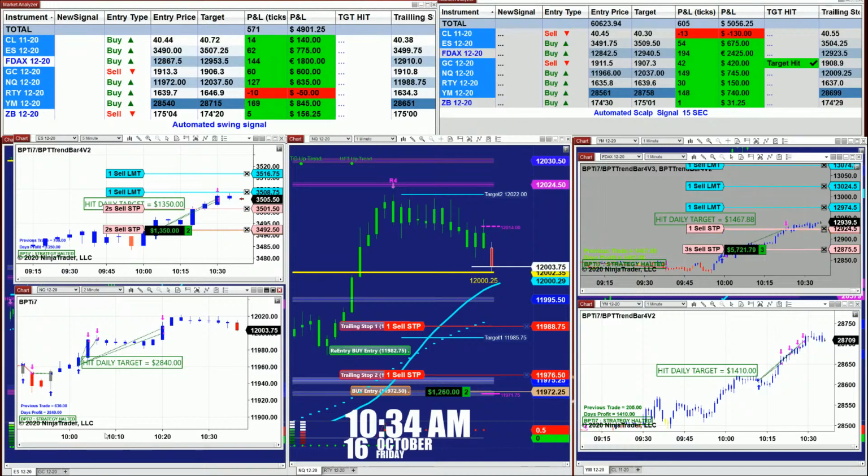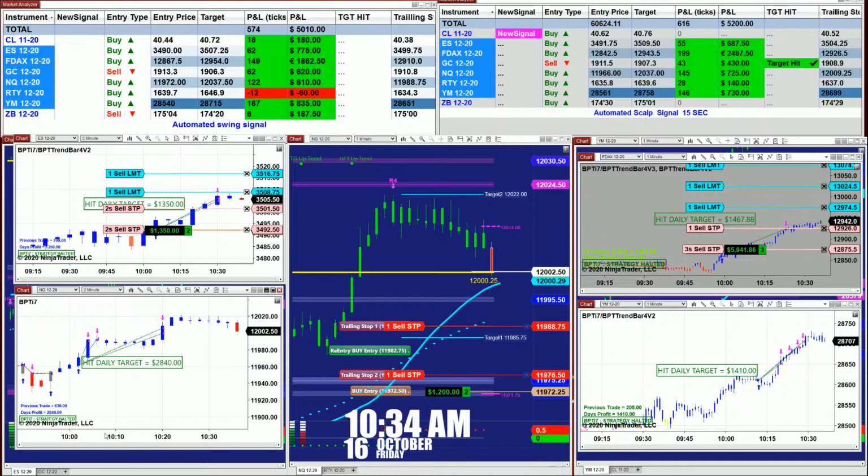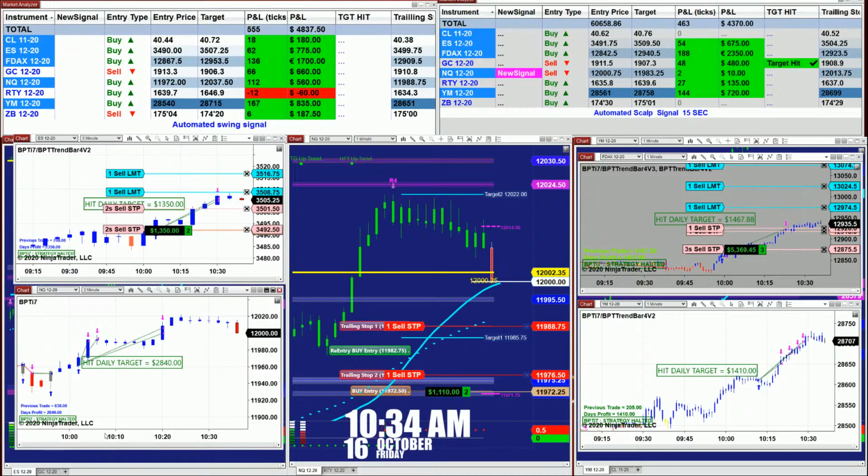I'm not gonna touch the ES. I'm gonna leave it as is. This is the re-entry point right now, guys. On the Nasdaq, this is the re-entry point. On sim, please. Don't go live with it. The DAX is lovely. On the first trade made 1,467, and now we have